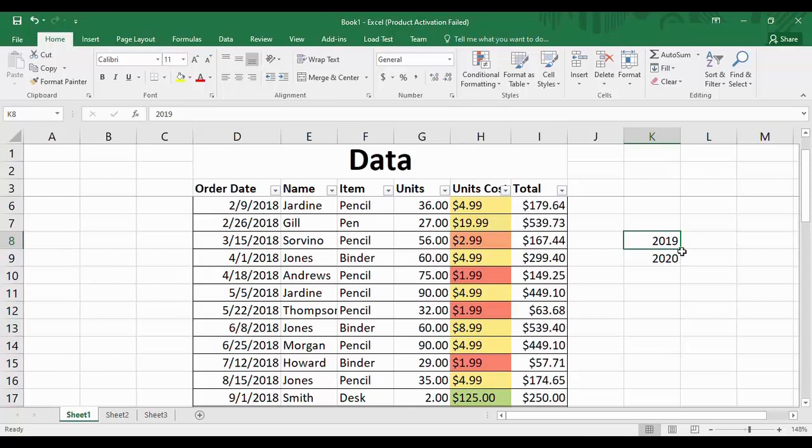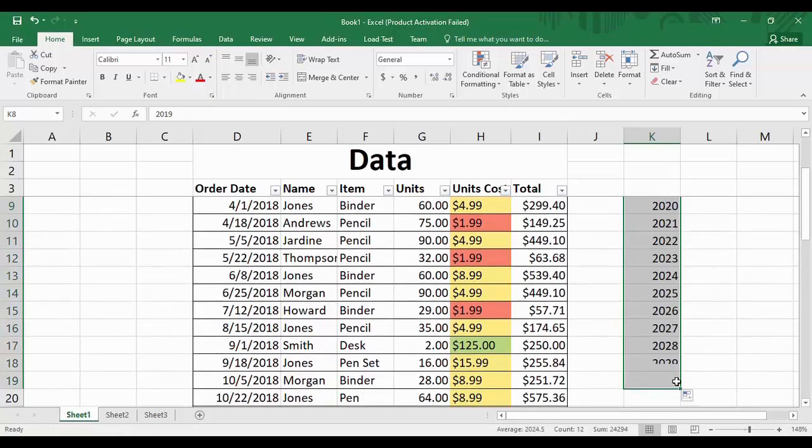So what I'm going to do is select both of these cells. Then on the lower right corner, you will see a black plus sign. When you get this, you can drag downwards, and you will see that the value is now incremented by 1 in each case.